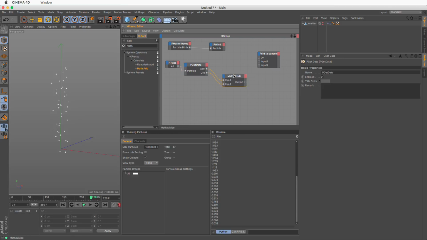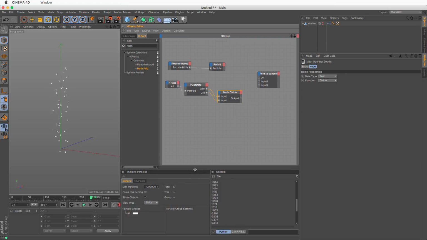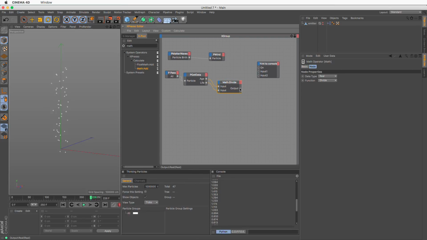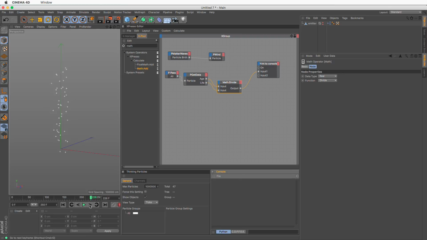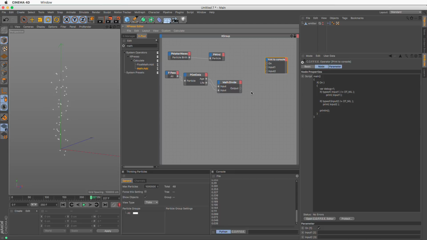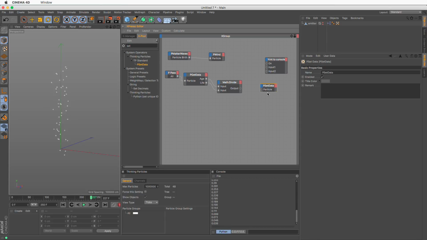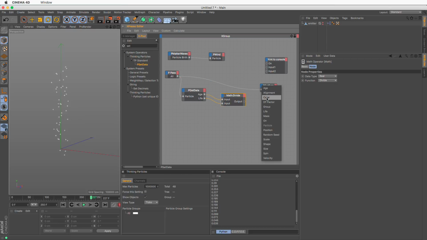Just going to make this a bit more compact, and maybe even drag this down to get a bit more room. Now if I put this in here and clear my console and nudge forward, you will see that all the numbers are from close to 0 all the way up to close to 1. So we have this normalized value, and that's fantastic, because now I can use that data to actually drive the color of the particles. So I need to set the data, and the particle we're going to set is the same particle we're actually getting the age and the life from, and the data we're going to drive, command double click here, is the color.